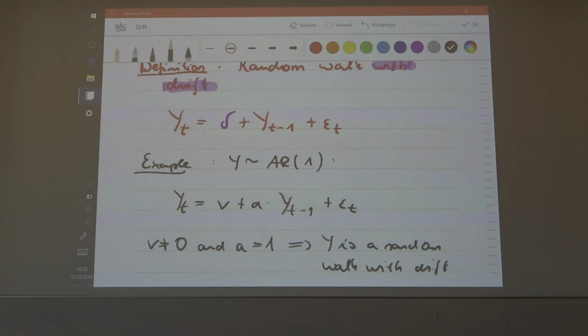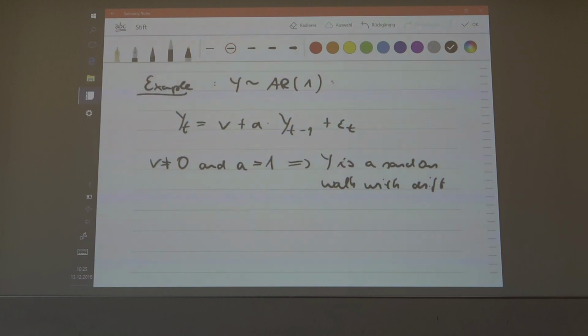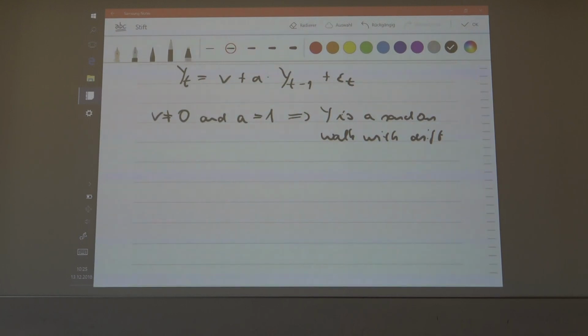Now, of course, the process is not stationary, and there are lots of reasons for that. We're going to look at it a little bit closely, but let's have a look at another representation of the process. We have already seen a first order autoregressive process. So if y is a first order autoregressive process, then you hopefully remember from chapter 3 that the process can be represented as follows.